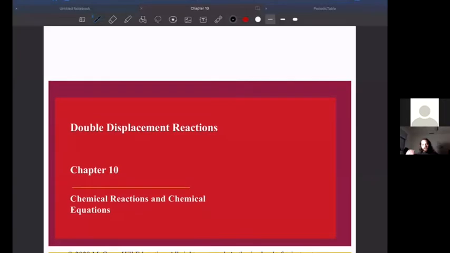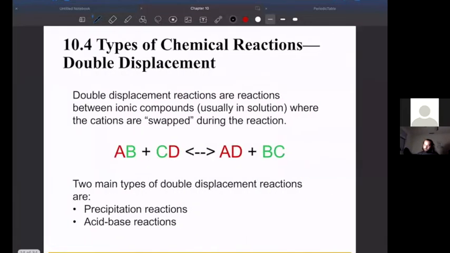All right, so now let's talk about our first category of reactions. These are double displacement reactions. Double displacement reactions occur between ionic compounds. Usually they're in solution, so usually these would have these aq designations. And you'll notice that these ionic compounds are swapping their cations or swapping the anions, whatever way you want to